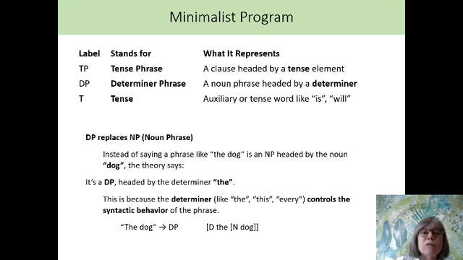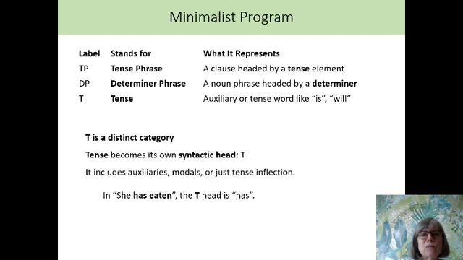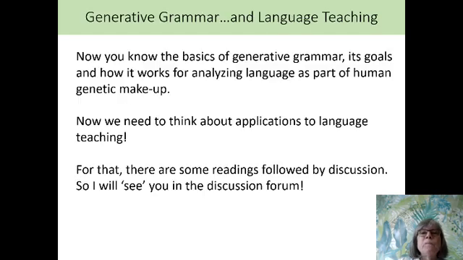Right? A determiner phrase replaces noun phrase. So instead of saying a phrase like the dog is an NP headed by the noun dog, the theory said it's a determiner phrase headed by the determiner the. And now it could be null. Okay, so if we just had dogs, I like dogs. The idea is that determiner in that context is null. Okay, so that's just something about the determiner phrase. Tense is a distinct category. As we said, it has its own syntactic head, and it includes auxiliaries, modals, or tense inflection. Okay, so